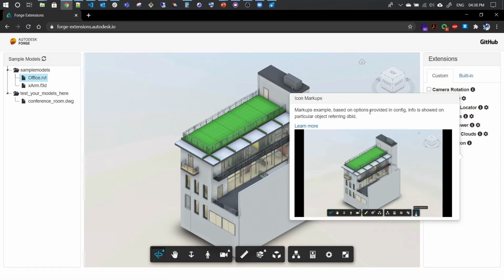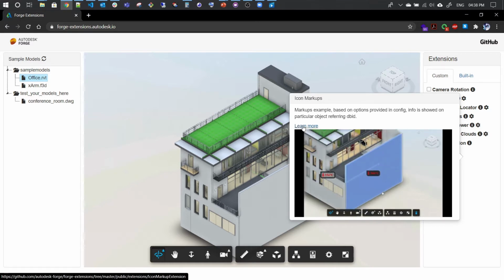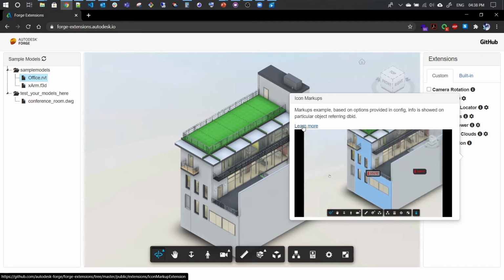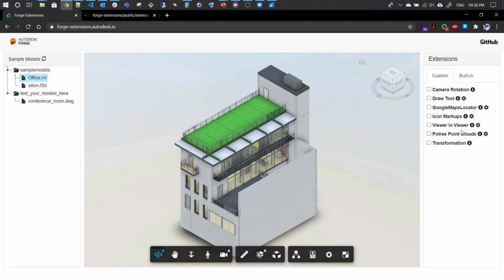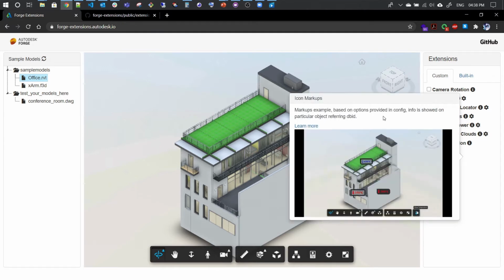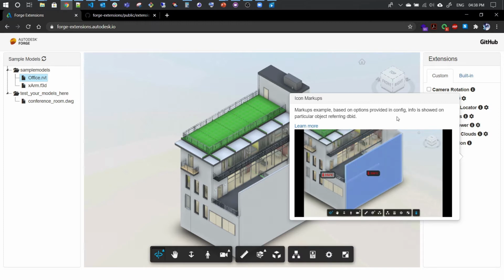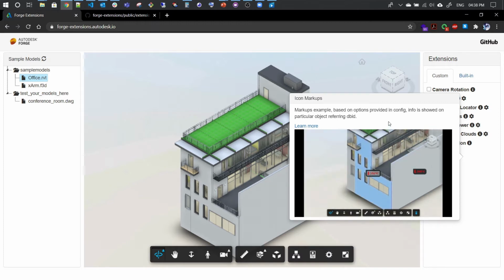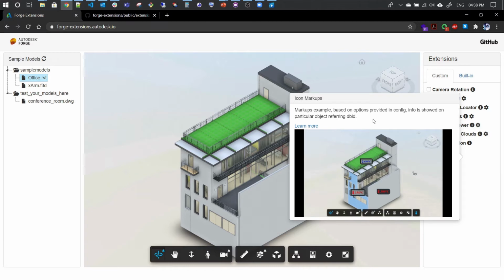We can read the description, and learn more by clicking on learn more. Let's see what this extension is about. This is a markup example. Based on the options provided in config, information is shown on a particular object referred to by its DBID.